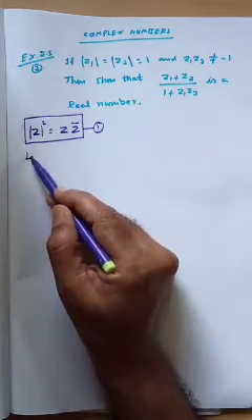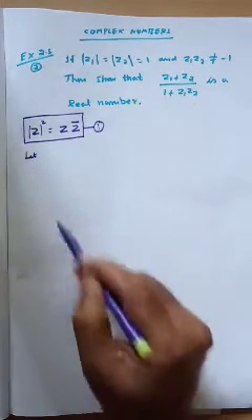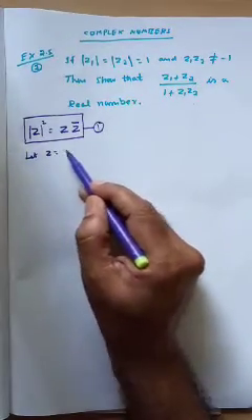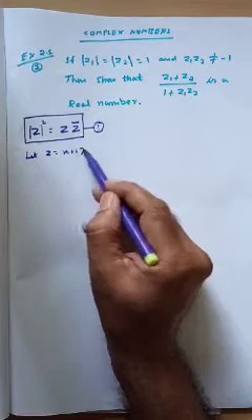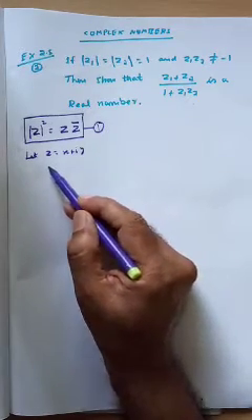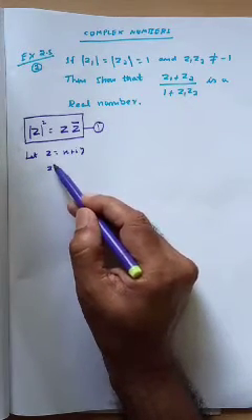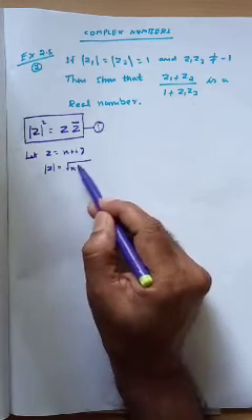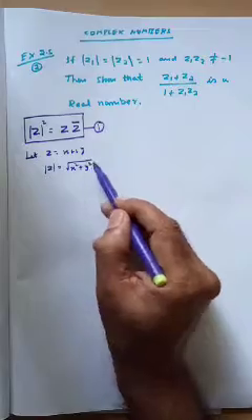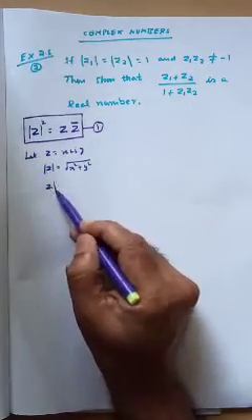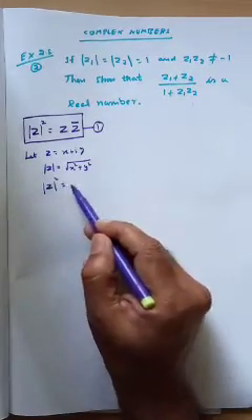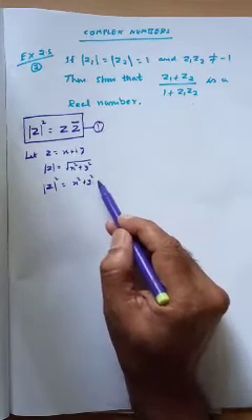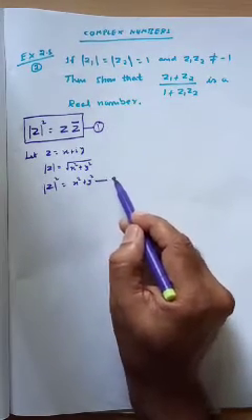You can easily prove this, but in examination, in order to prove this, you just note this alone. Let Z is equal to x plus iy. So what is Z modulus? That is equal to root of x square plus y square. So what is Z modulus whole square? If you square this, the root will go off. You will get only x square plus y square. Let us say it is equation A.